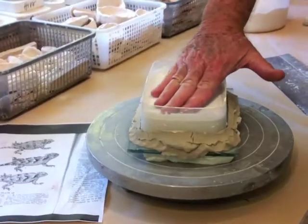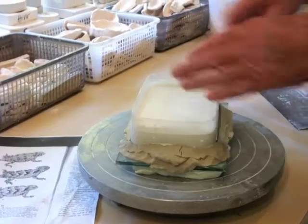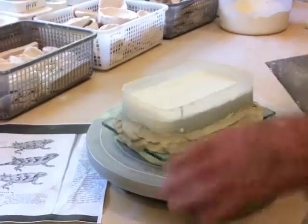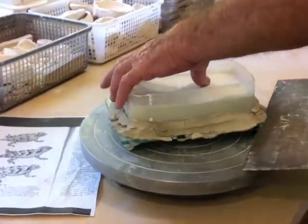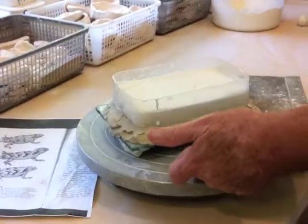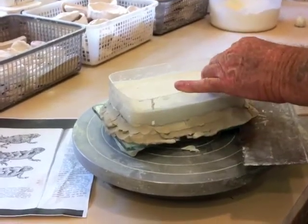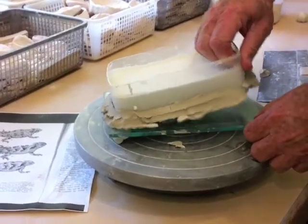Now that the mold is cool to the touch, it actually gets cold because the water is evaporating out. Then I can remove it from the piece of glass. So what I do with one of these drywall knives, I just insert it just gently. Now remember, I don't want to apply a lot of pressure because I have my other model for a mold right underneath it. So once it's loose, I can remove it